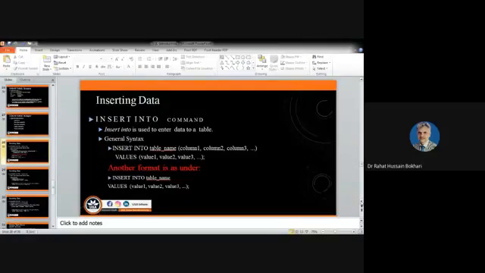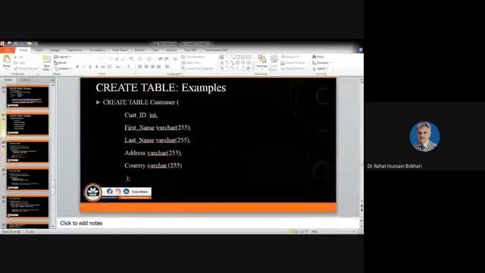So when we have to create a table, we have to say what are the attributes involved and the nature of the data that we are likely to address, and within that syntax you have to write create table. The table name is given by the user.